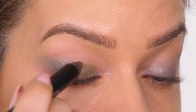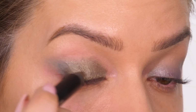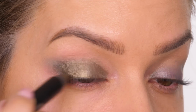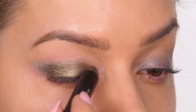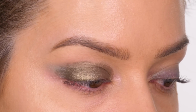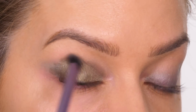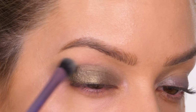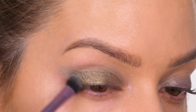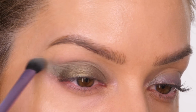So we applied Night Dweller as our base, so we're going to basically trace over exactly where we applied that colour, but we're also going to take this slightly higher up to where the socket line is. And then when we buff out the socket line, that area will be very soft, whereas the colour that we've got on the eyelid is going to be a lot more opaque because we've already got a base under there. Again, feel free to stick with just the one shade, you don't necessarily have to use two, but you will find that having that little darker shade underneath will help just in making it look a bit more smoky and